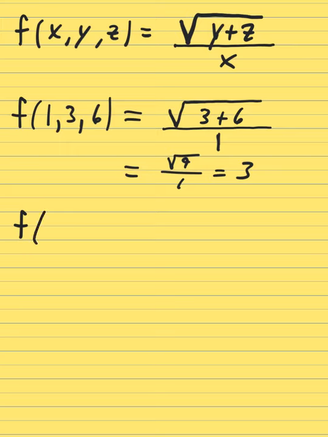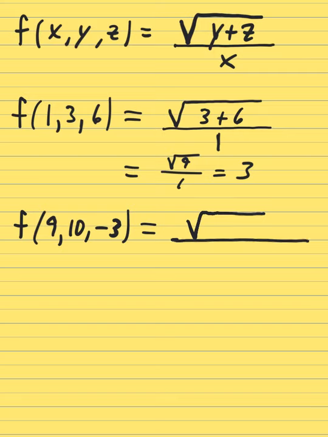Let's try f of 9, 10, and negative 3. Okay, so that's square root. The y plus the z is 10 plus a negative 3, all over the x value of 9. Well, that gives us what? Square root of 7